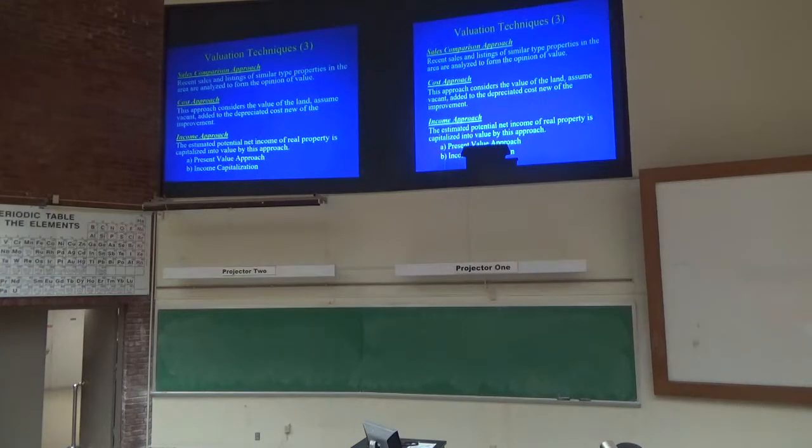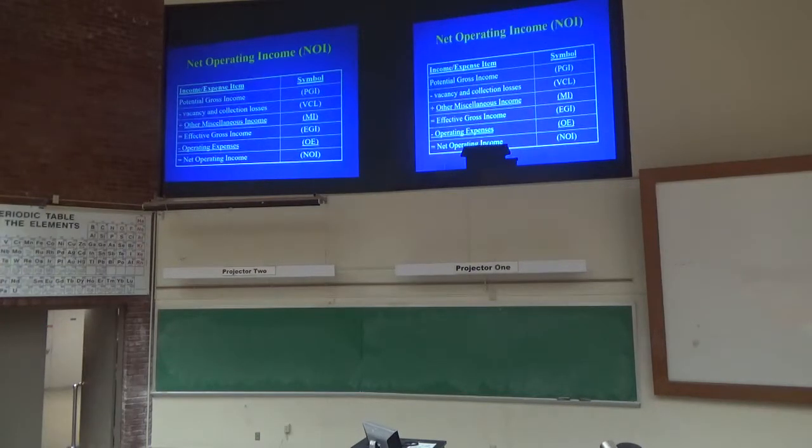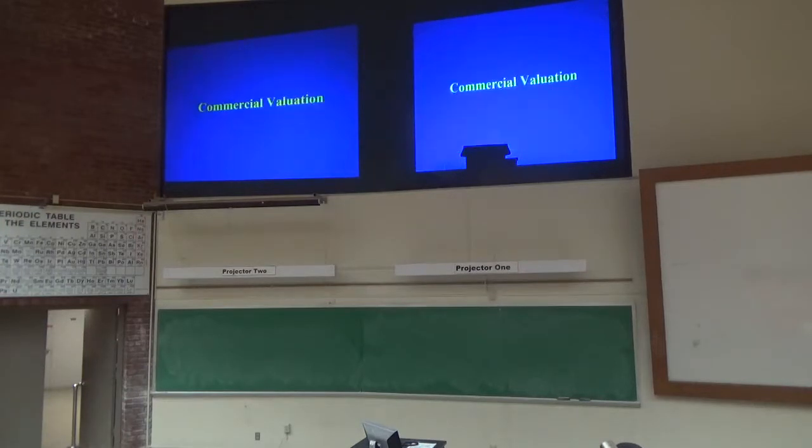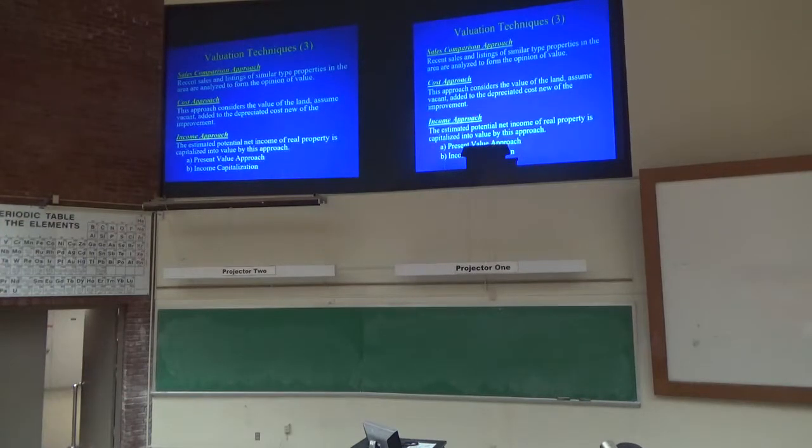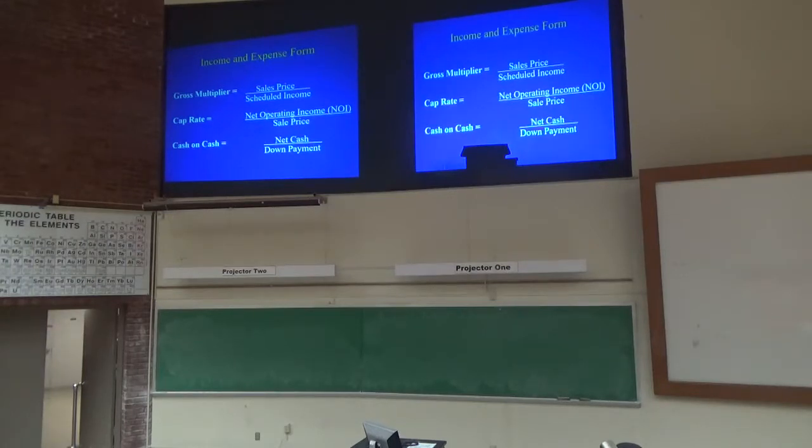And then the income approach, there's two approaches. There's the discounted cash flow approach, and there's the income capitalization approach, or income cap. If I know the net operating income of my building, and I divide the net operating income by the cap rate, or the required rate of return, I'm going to get the value of the building. If I go into the marketplace and I find 3 buildings that recently sold, and I know the cap rates at which they traded, I can apply those cap rates to my net operating income to get the value of the property. Okay?